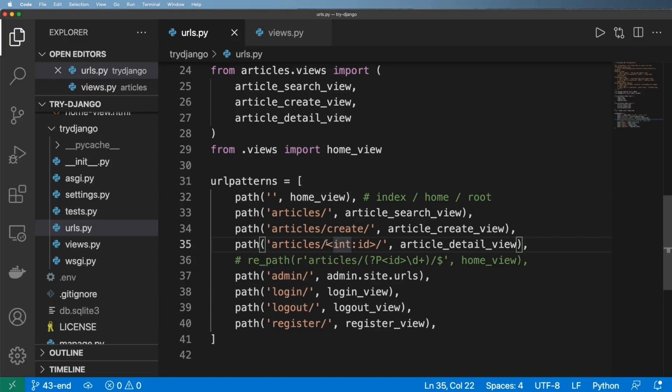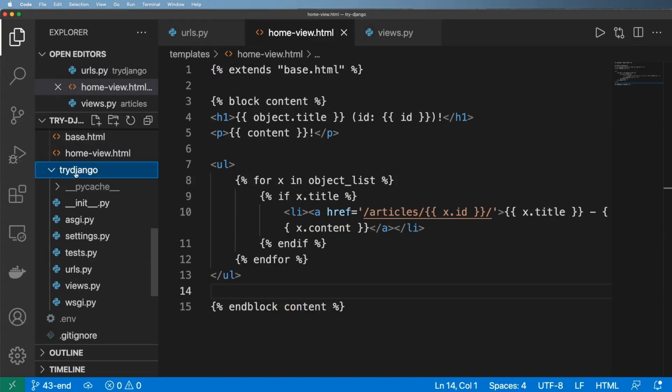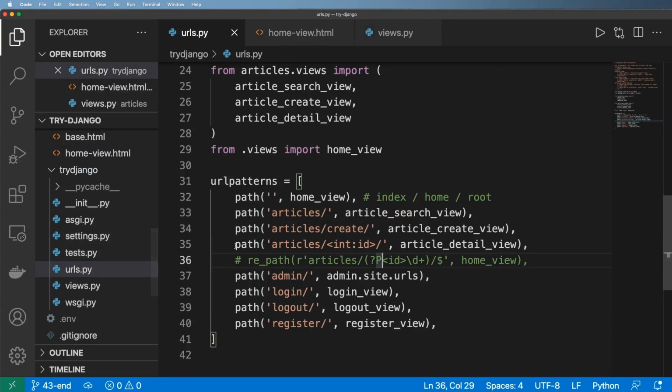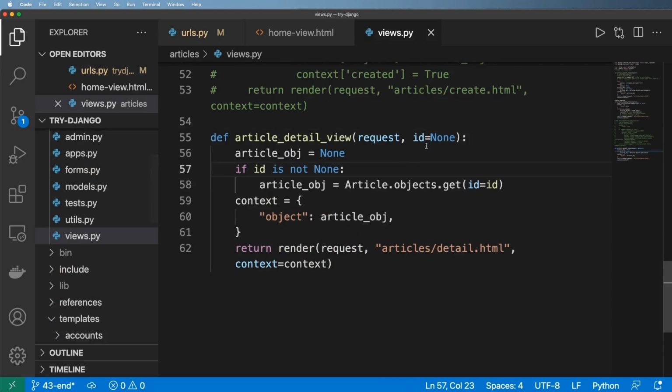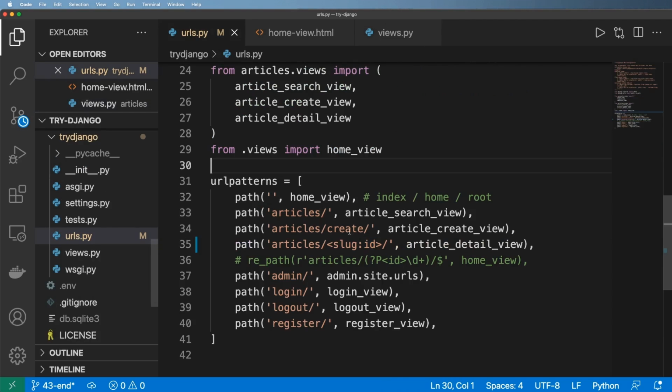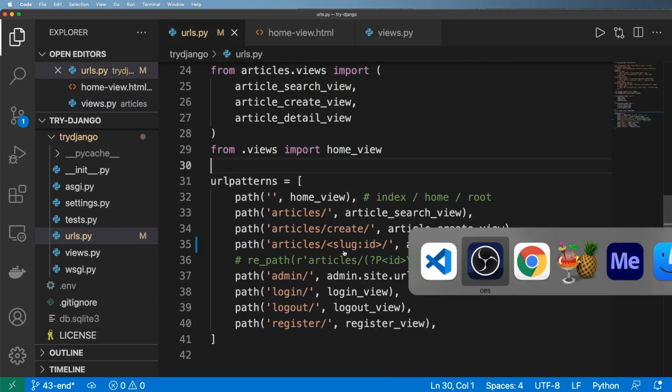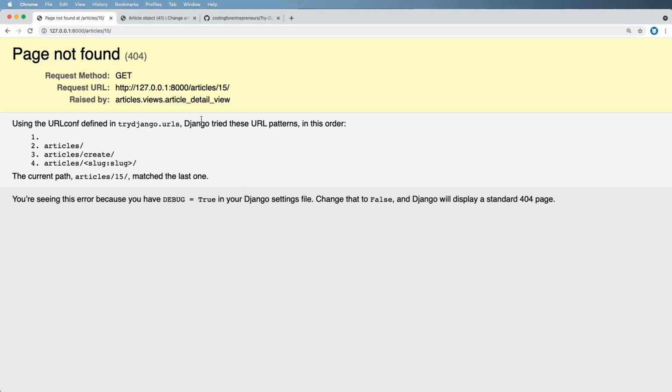Now we get to reap the benefits of using that slug field. So in our main configuration folder, we're going to jump into urls.py and handle our dynamic path. This integer here, I'm actually going to change it to just being slug. I'm not going to change anything else. The variable is ID, so our view is still going to come in as ID. I just want to illustrate a reason to use slugs too in some cases.